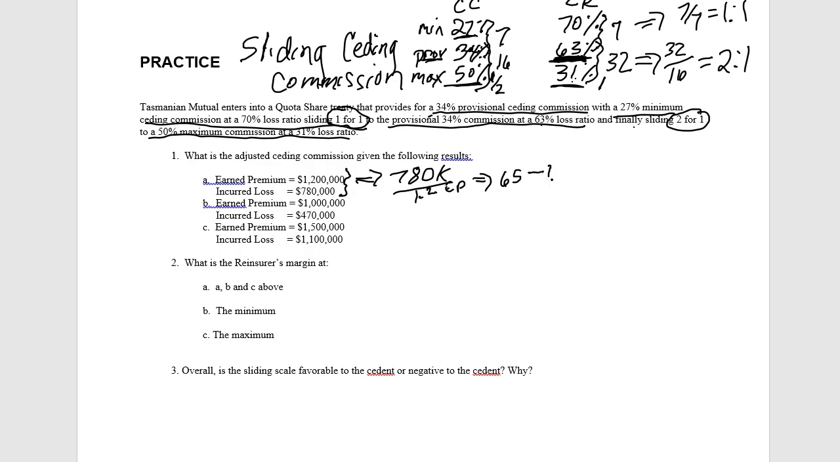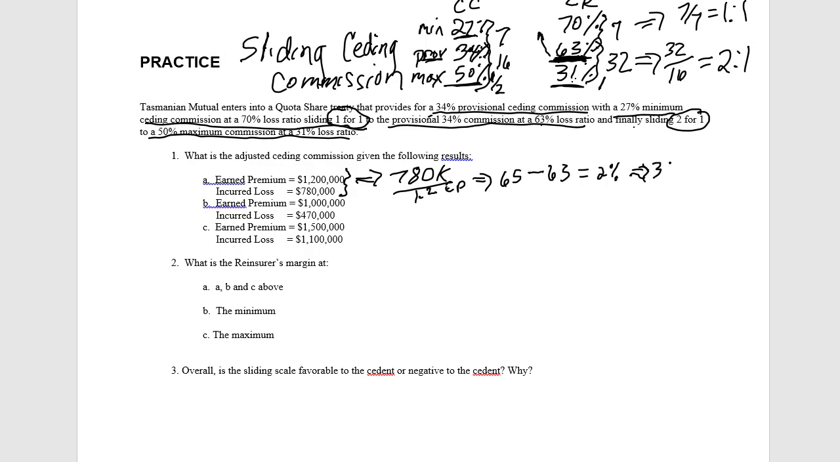65 minus 63, which is the provisional, equals 2. The loss ratio is 2 points higher than the provisional. So we know that we're going to be on this side of the slide for the first loss ratio, which means it's a 1-for-1. So our provisional ceding commission